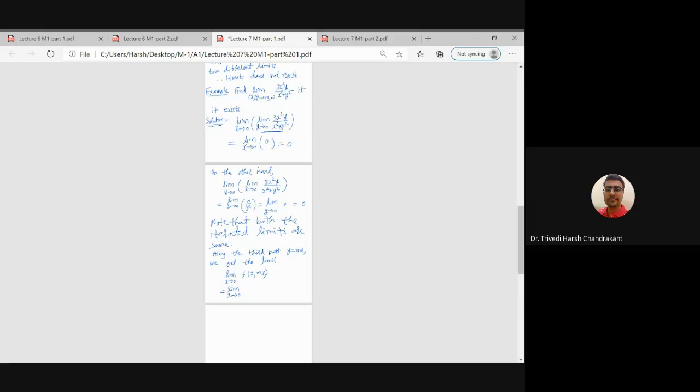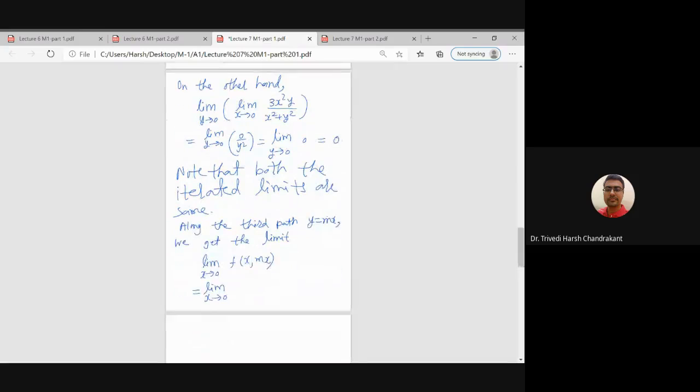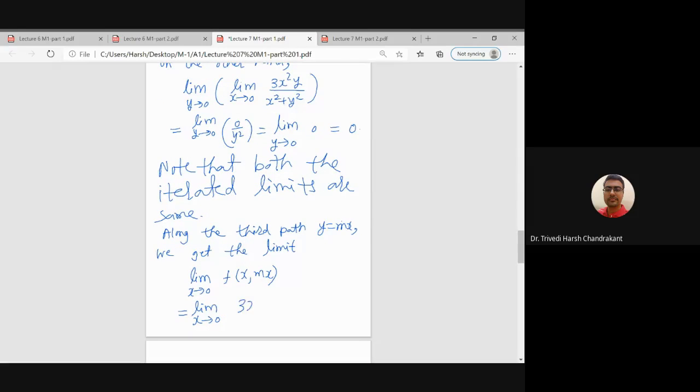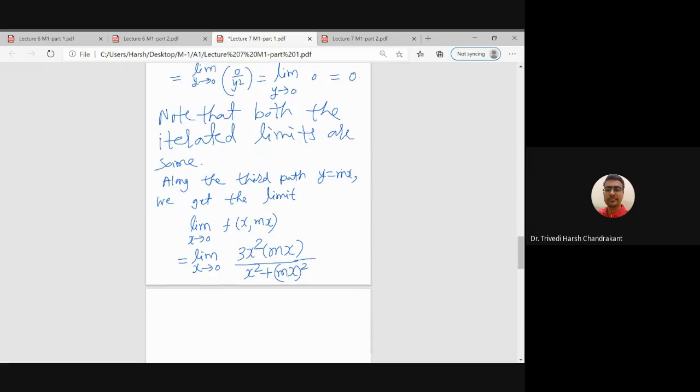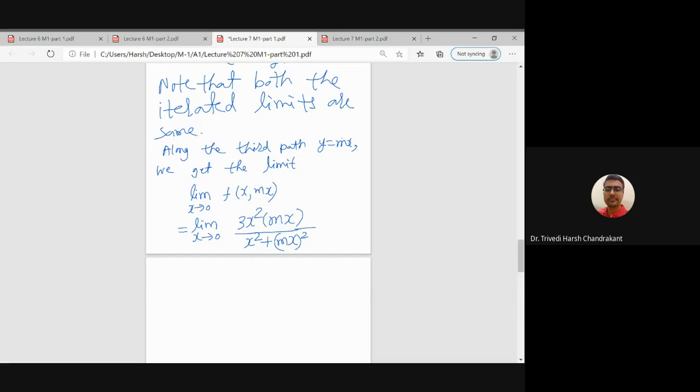3x square y by x square plus y square. So there we substitute y equals mx. So 3x square mx divided by x square plus y square. y is mx, so mx square. Right, so just substituting y equal to mx in the function, we are getting this value, and then we can see that